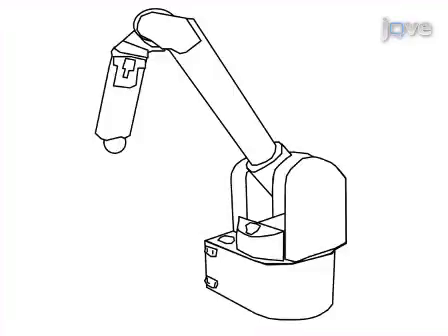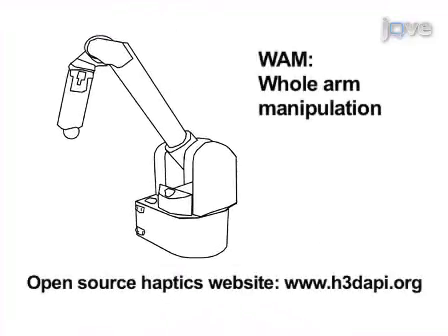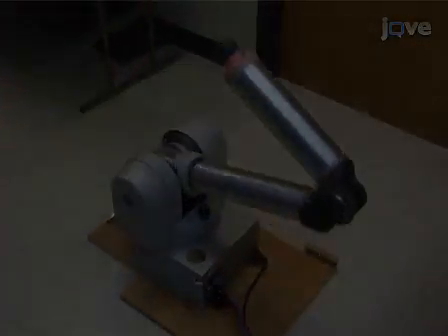This video gives instructions for integrating a whole arm manipulation or WAM robot with the open source code available at www.h3dapi.org. To integrate a new robot into the Haptics library,